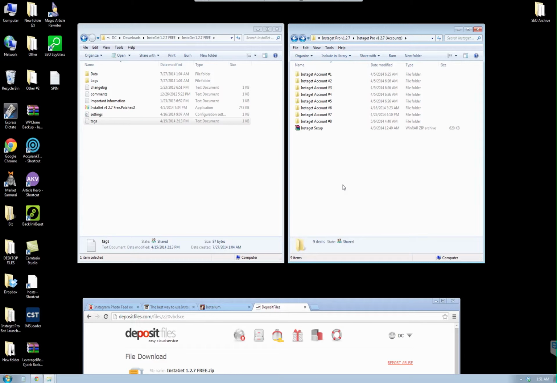What you want to do is make one folder per account. So if you have 10 bots or 10 accounts, you're going to have 10 folders. One folder per account, because you want each account to have its own tags files. You're going to pick different hashtags for every profile. You don't want them to have the same ones, because then you're targeting all the same people, and then